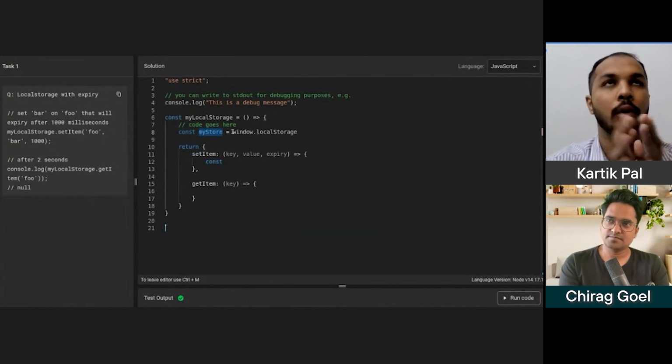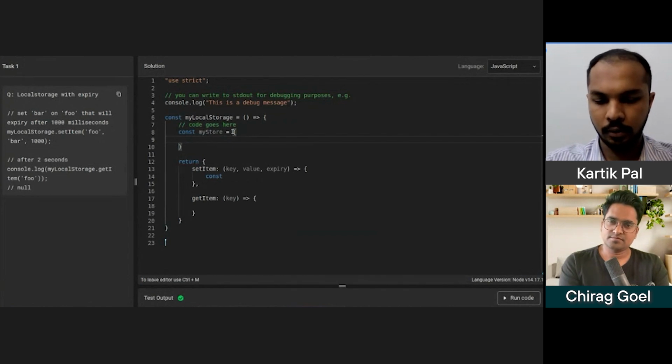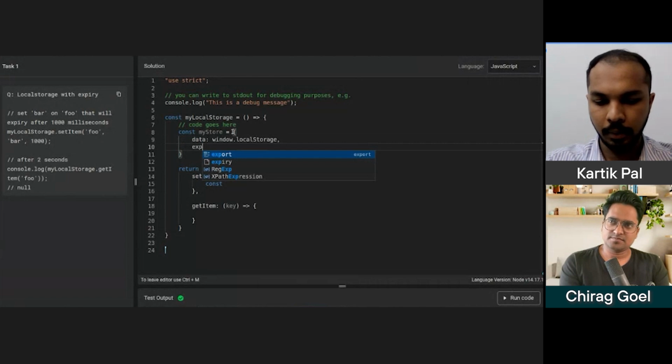One more thing I would like to implement here is the item expiry. Even though we are storing it in local storage, it will have an expiry, so if we try to access that after the expiry, it won't work. So instead of this, I'll make it data, which will be this, and expiry, which will be